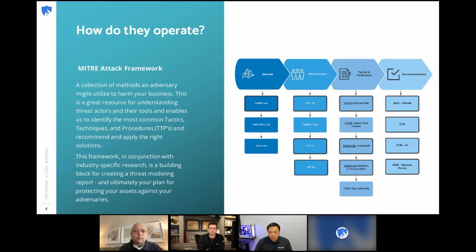So having something that helps you plan out, not boiling the ocean of cybersecurity prevention, detections, alerting. Now with a framework like MITRE, we can see exactly in our vertical, let's continue down with healthcare, which groups are going to attack healthcare? What techniques are they likely going to use? So let's take that information and apply that to our defense posture or our cybersecurity tool stack, versus not configuring it, or versus firewall, yes or no. We take a step beyond that. That's how we prepare and move security to the left.